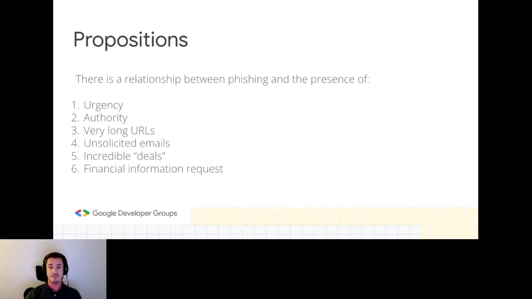Second thing is the authority. There are many attempts where they pretend to be your line manager or someone more on chief level, such as, let's say, a chief security officer or chief executive officer. They will pretend to be that and ask for you to do a couple of steps. Just because of that authority, you will most likely do that. They usually use very long URLs to be able to mask that.